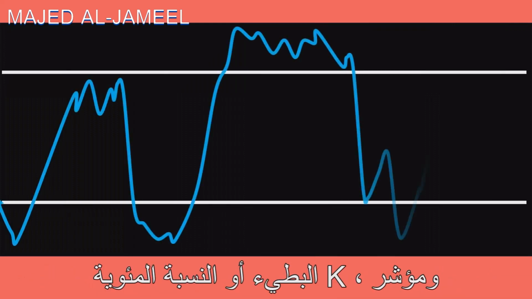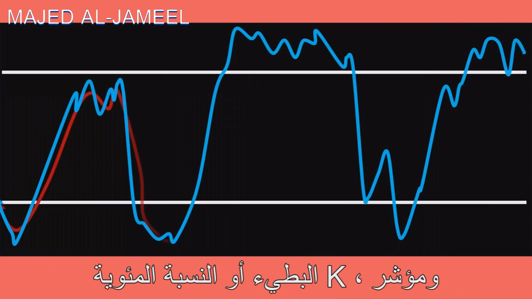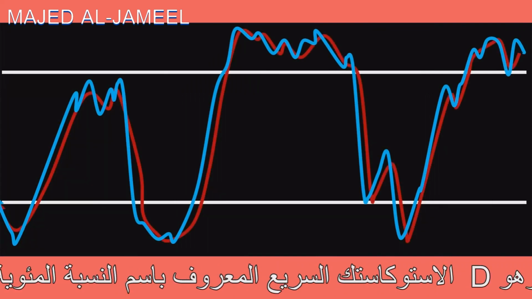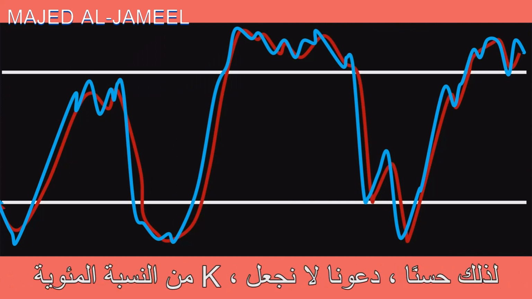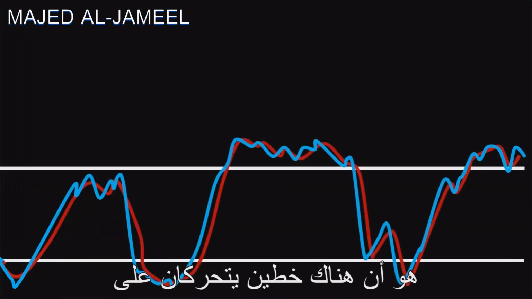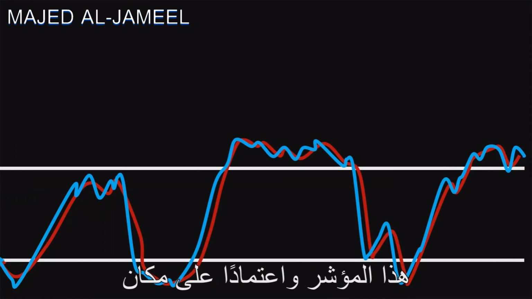4 lines. There's the overbought and oversold lines, the slow stochastic or %K, and the fast stochastic known as the %D, which is simply a 3-period moving average of the %K. So okay, let's not make this any more confusing. What I am saying is that there are 2 lines that move on this indicator, and depending on where these